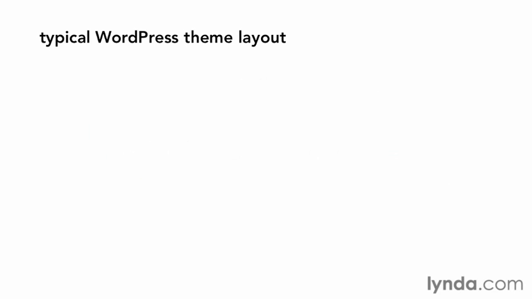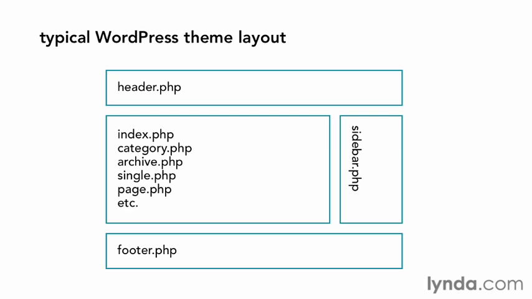Now, when I say template, it's a bit of a misnomer because a theme in WordPress doesn't work with one file per type of content. Instead, any page you see when you access a WordPress site, you're actually seeing multiple different template files combined together to create one page. For instance, if you were to look at an index page, like the front of a blog,